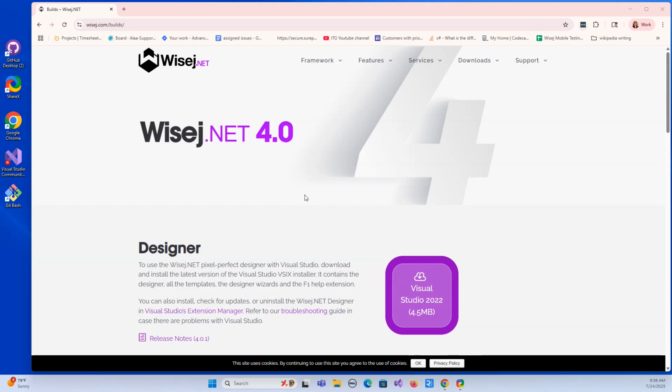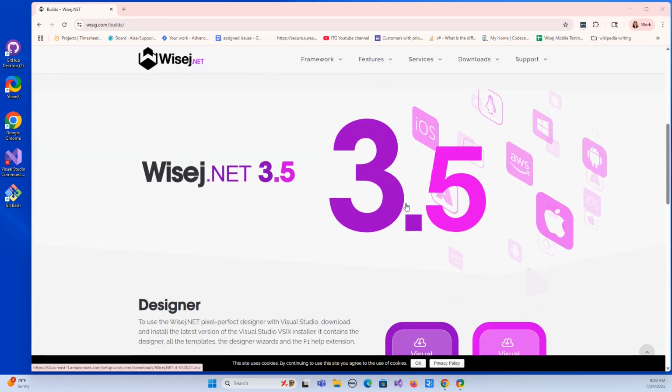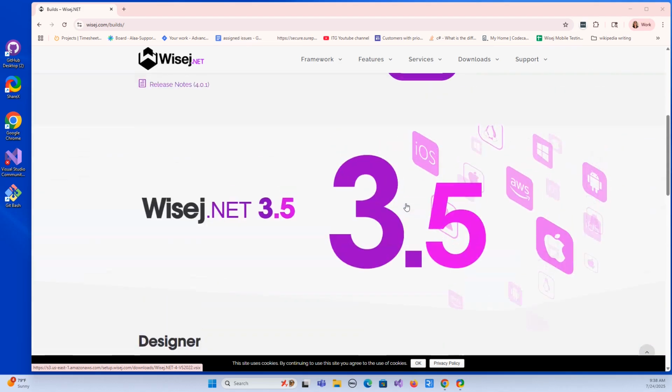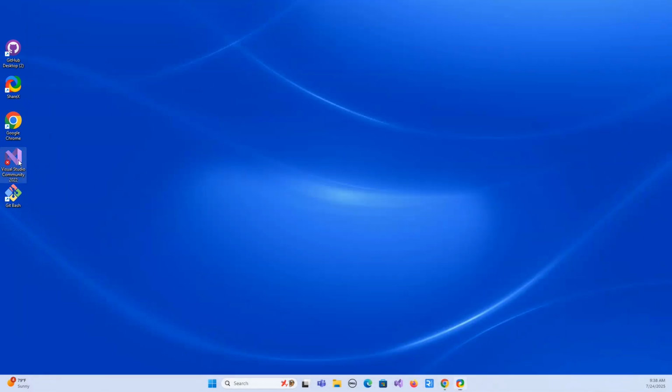First, you'll need to go to the WiseJ website and download the VSIX, that is the Visual Studio extension. You can see it's right here at wisej.com/builds, and here I can download the designer. We have WiseJ.net 3.5 as well as 4.0. Once you've got that done, go ahead and open Visual Studio